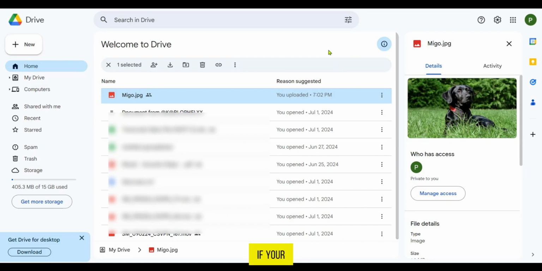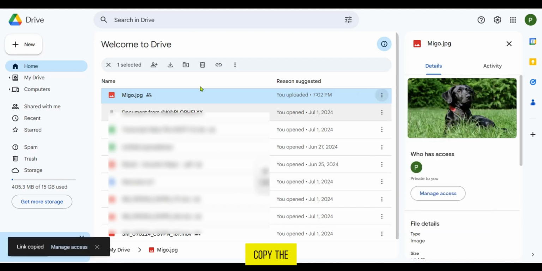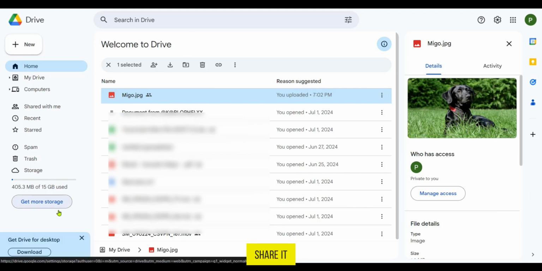Another way to know if your file is accessible with anyone with the link is going to show you this icon here, meaning that anyone with the link can actually have access to the link. So now we could go again to the three dots, tap on it, and just to be sure, we can copy the link. Of course, we can see down here, link copied,